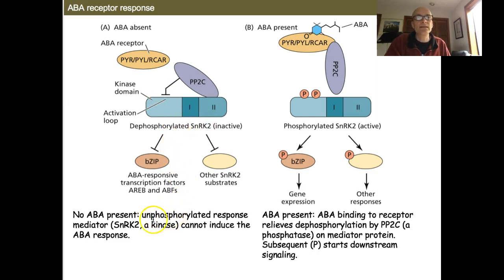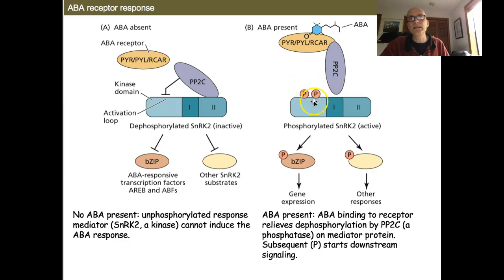So in the unphosphorylated state, it cannot induce the ABA response because it, as a kinase, doesn't have anything to phosphorylate these response regulators that are required for the downstream responses. And the reason for that is because this protein PP2C is binding to this SNRK2 protein, so the response mediator. It's binding and it's preventing the phosphorylation over here. So in the absence of ABA, this one represses this one, no phosphorylation, so therefore no activity downstream of these other substrates. But when ABA becomes available, then it will bind to the ABA receptor, which will bind to the PP2C protein, which will then